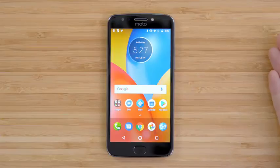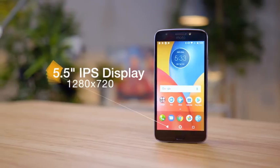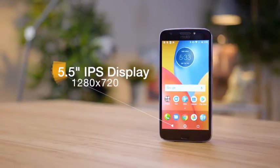One area a lot of budget phones skimp on is the screen, and thankfully the Moto E4 Plus isn't too bad. So it is a 5.5-inch panel with a 1280 by 720 resolution. Now yes, that's going to be a little bit on the low side, but thankfully it's a good panel with solid color. Inside, the specs might not look impressive with a Snapdragon 427 processor, 2 gigs of RAM, and either 16 or 32 gigs of storage, but what really puts this over the top is the